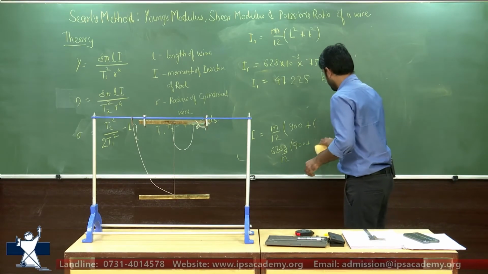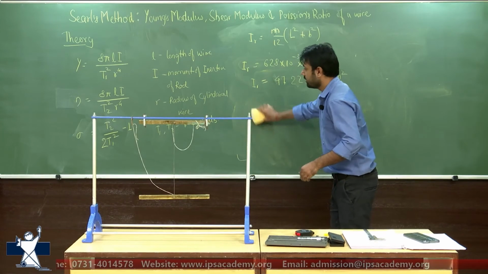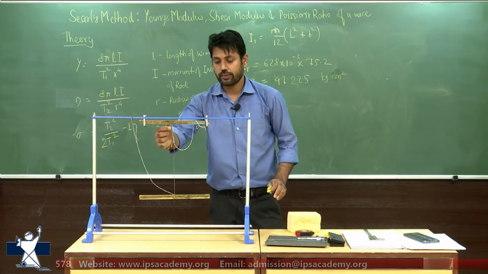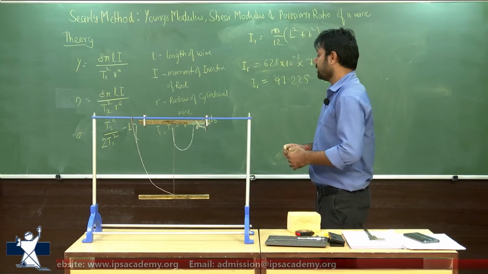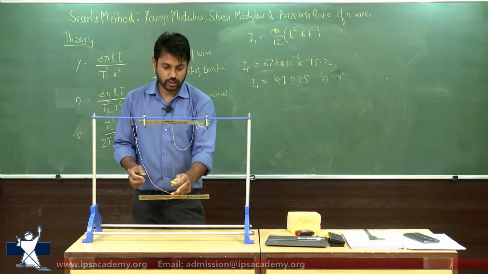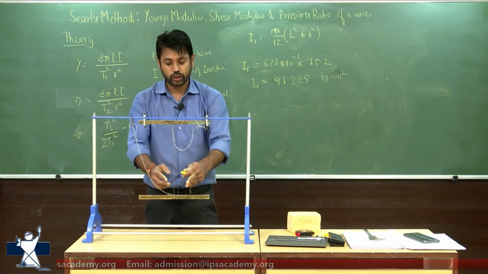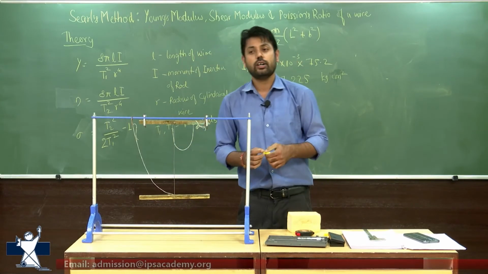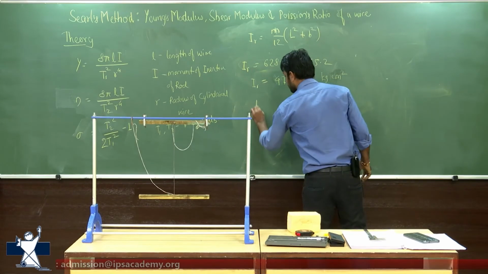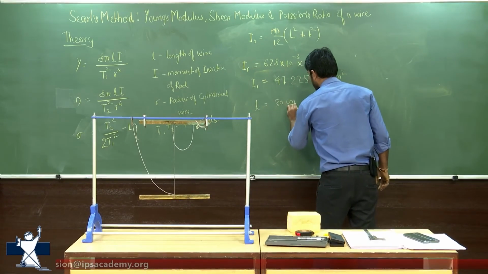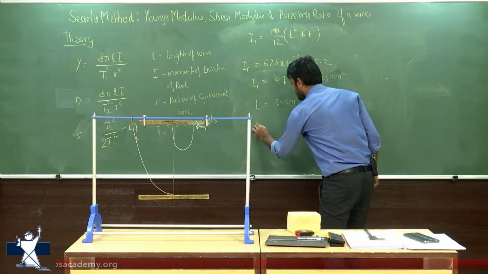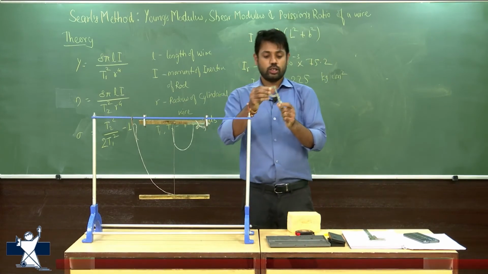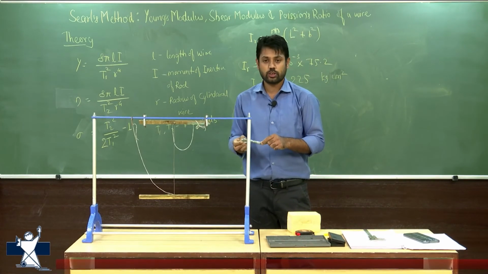So we can put this value down, and now what we need to measure is the length of the rod, sorry, length of the wire. So to measure the length of the wire, which is actually exactly 1 foot, sorry, 30 centimeters. So it's given already, but ideally we should measure the length of the wire also, but we are assuming that small l equals 30 centimeters, and the radius of the wire we are going to measure here with the help of a screw gauge.